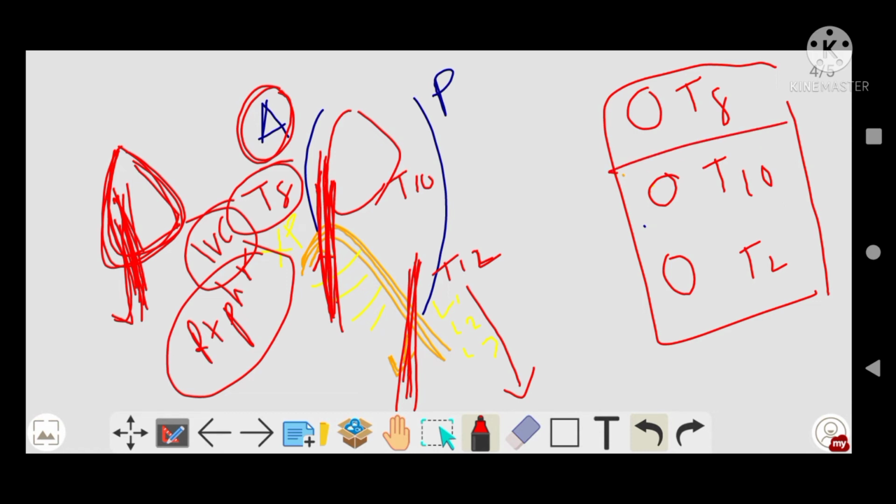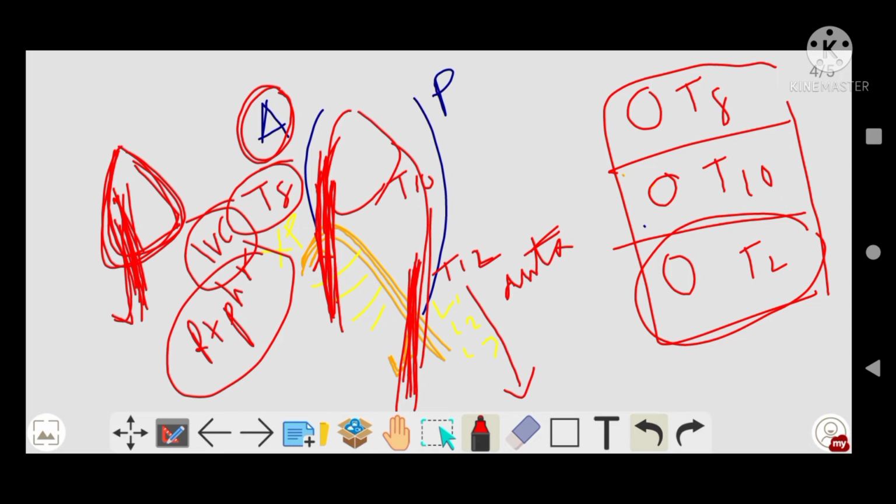If I say about T10, okay, let's talk about T12 first. So T12 obviously will be this one. There is the part that will come on the lower aspect, or we can say better, the posterior aspect of the diaphragm. So that is supposed to be your aorta, correct? Here it is inferior vena cava and there it will be aorta only. So that will be on the descending aspect, right? So along with aorta, we will be getting azygous vein, also thoracic duct, right? These structures will pass through T12.